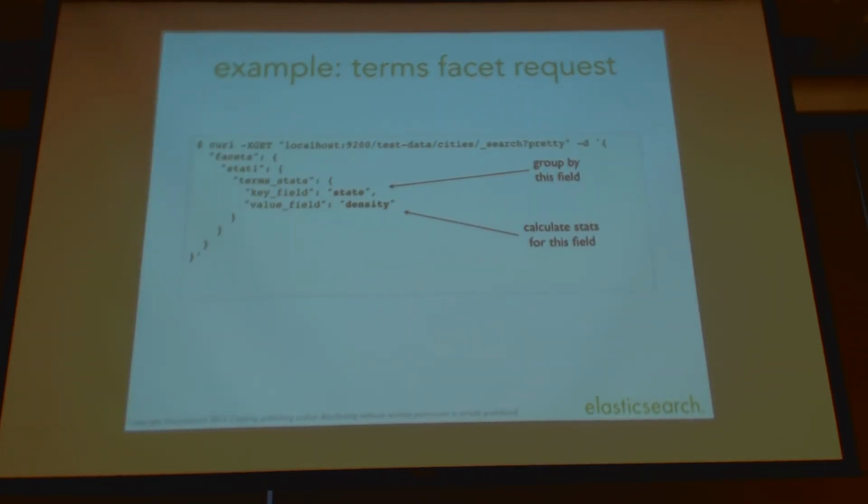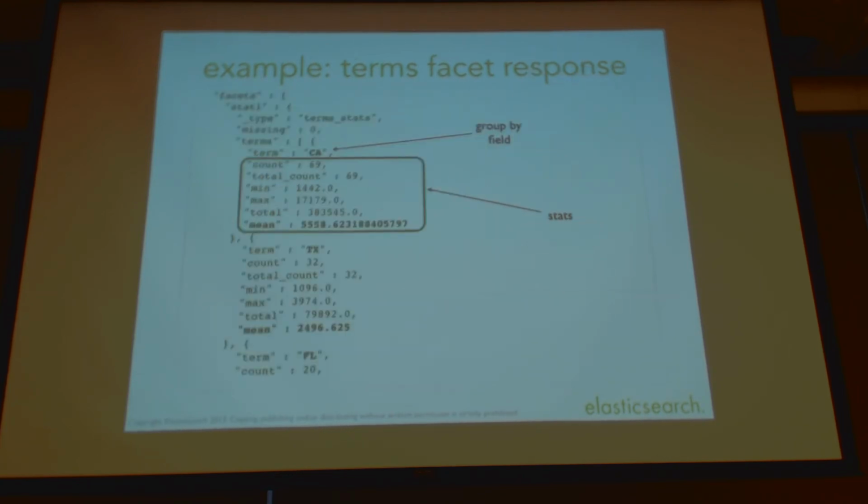Well, a terms facet, this pre-aggregation idea, this pre-Elasticsearch 1.0 facility of term faceting, is very easy to use. We just say, hey, we'd like some term stats on this database of states, and we'd like to break it down by density. And so we'd submit that to Elasticsearch, and what we'd get back from the Elasticsearch API would